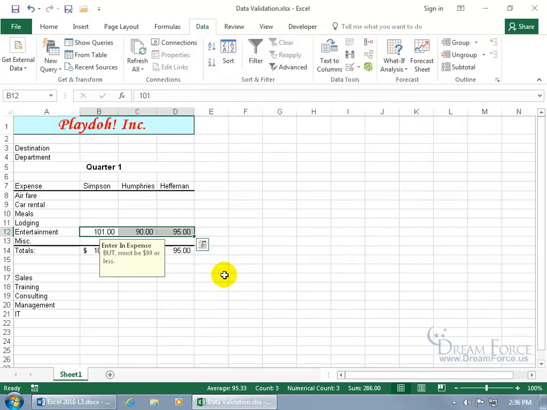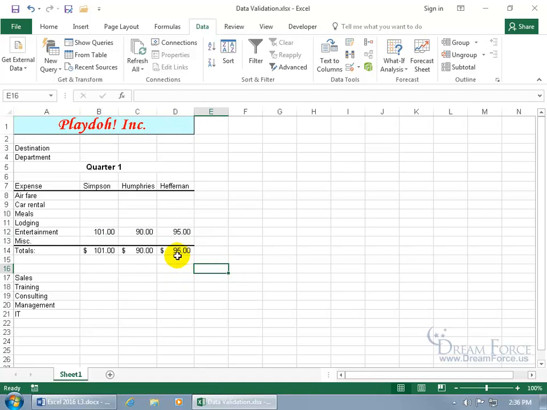Click OK, and you can see it updates the input message to $90, but it doesn't do anything to those cells that are over $90. But if you want to be able to do a quick check, because you can imagine if you had a huge database and you're like, okay, which ones are over 100? I mean, you could probably spot them, but